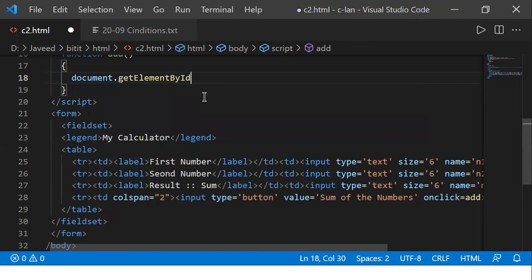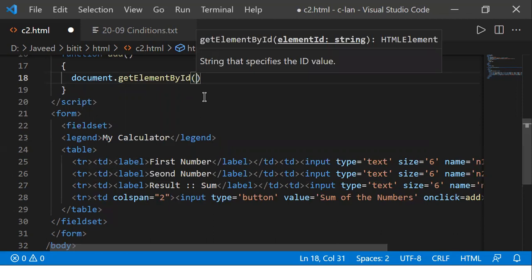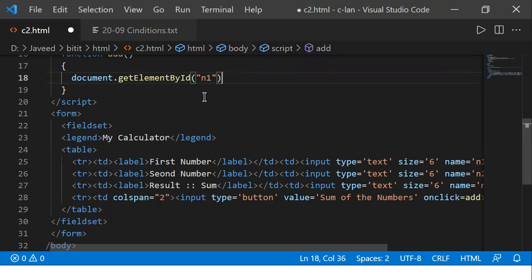It is a built-in function of JavaScript and a part of the document object. It takes the ID of the control as the argument. I gave the ID as N1, and I'm passing that as the argument.